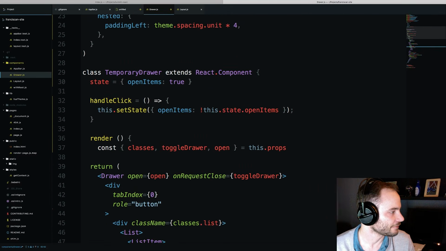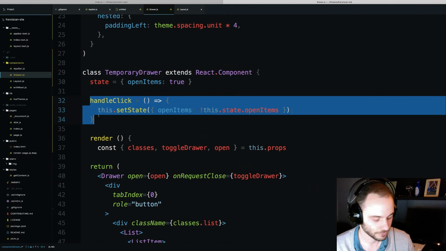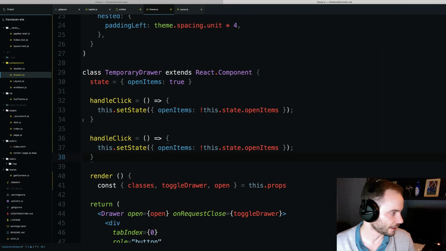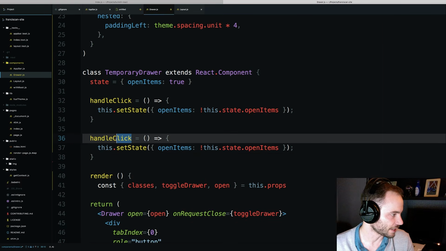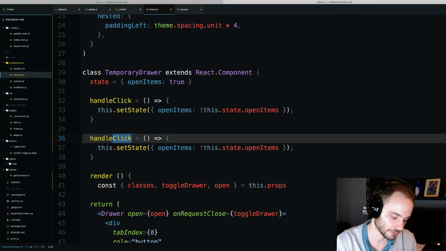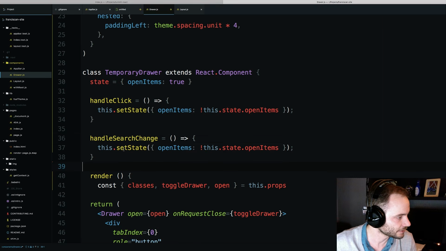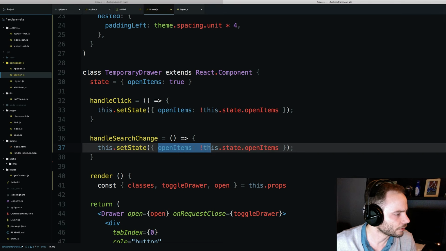We already have this handle click, and I guess we could have just left the name of that function as handle change, but handle search change immediately tells you what's going on. Handle search change, and we're just going to do this set state,